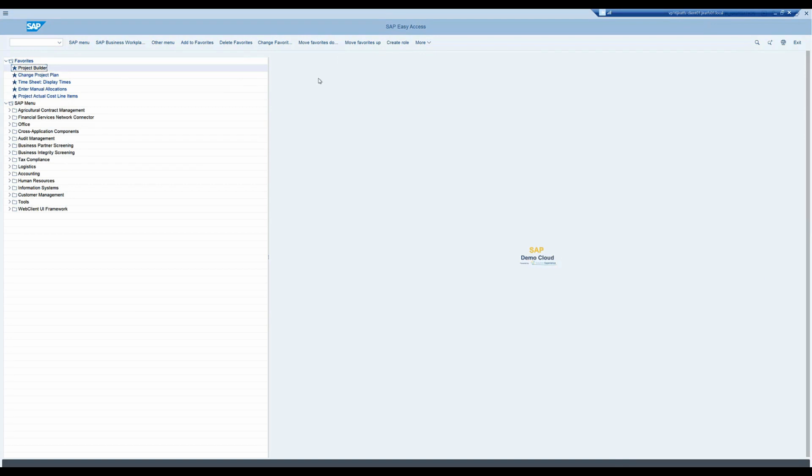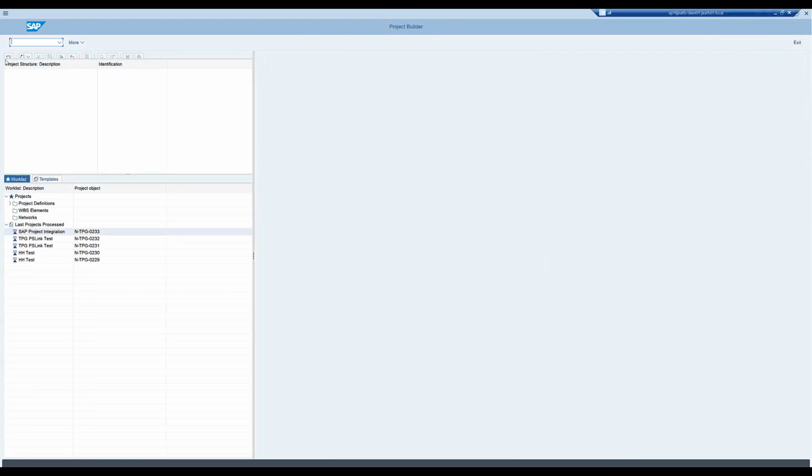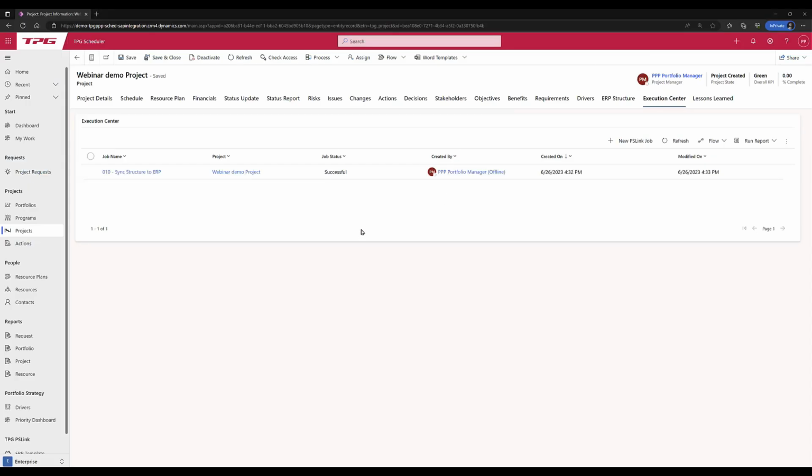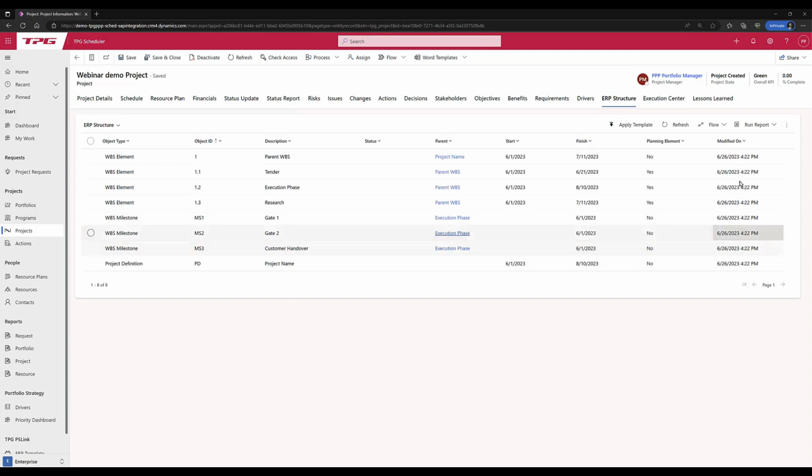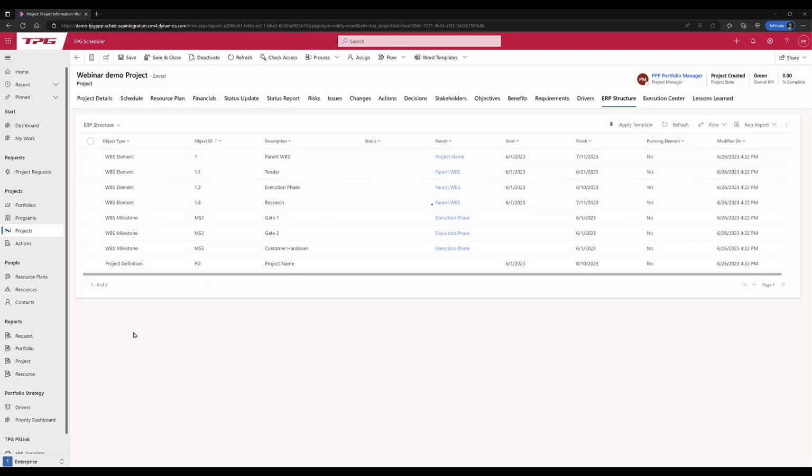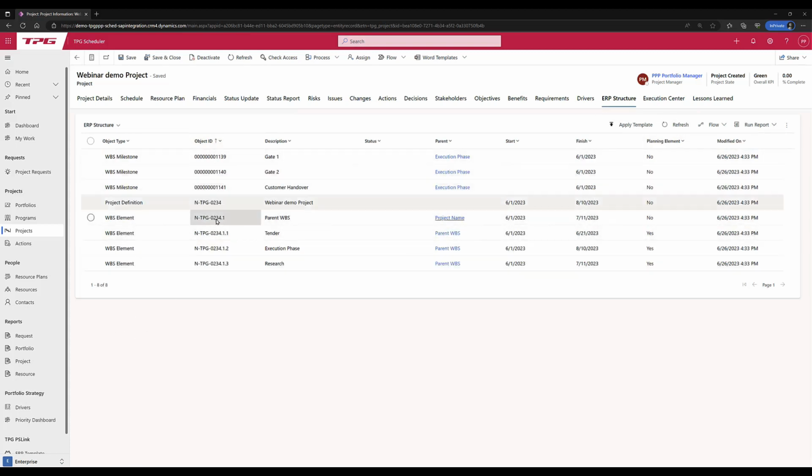I'm going to go into the project builder transaction in SAP. This is S4HANA, but the integration that you see does support all releases of SAP. I don't know my project code yet, so let me jump back to the PPP. If I jump back to the ERP structure, you'll notice I mentioned before the object ID. It's still not showing anything specific, but if I hit the refresh button, you'll see now I'm starting to get